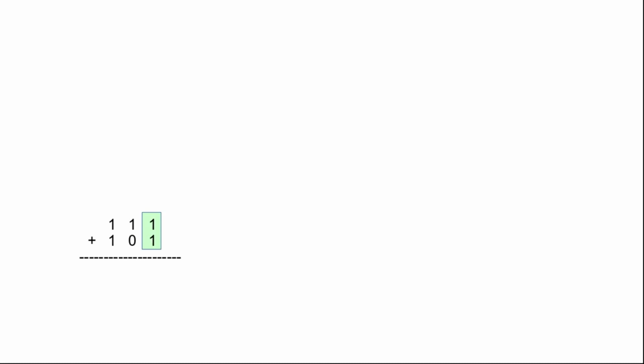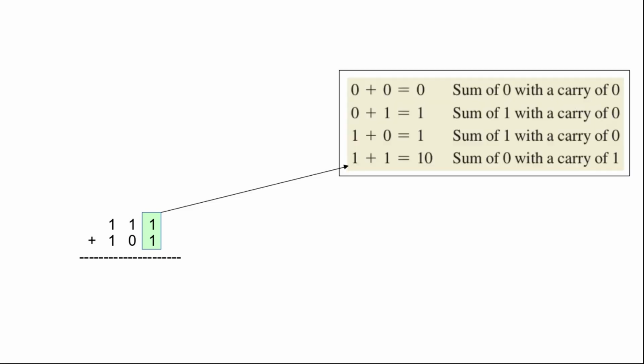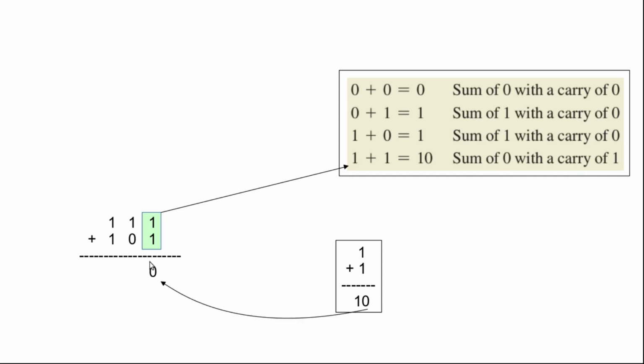First, we will perform the addition of the two least significant bits. So basically we will be adding A0 with B0, and since A0 is 1 and B0 is 1, we are performing the addition 1 plus 1, and 1 plus 1 we know is 10. So 1 plus 1 is a sum of 0 with a carry of 1, and this sum 0 we will write down as the sum from the first stage. So in the first stage we produce a sum of 0,